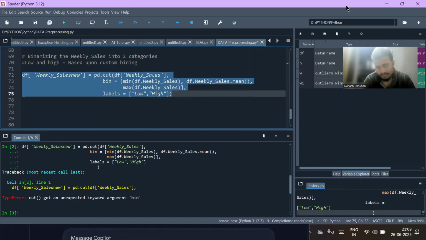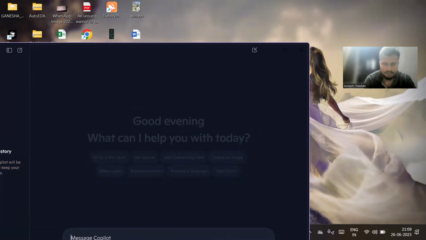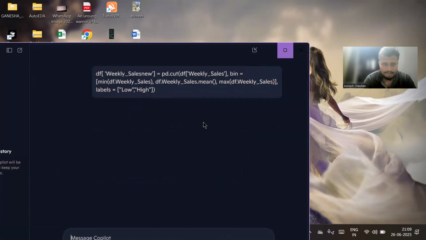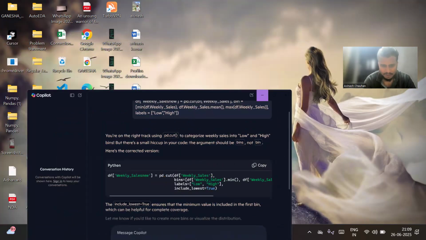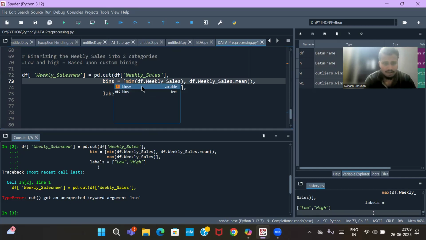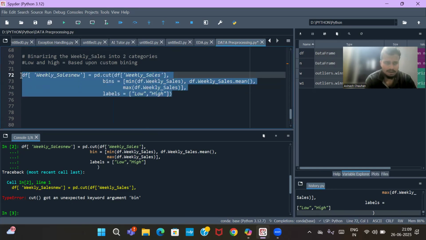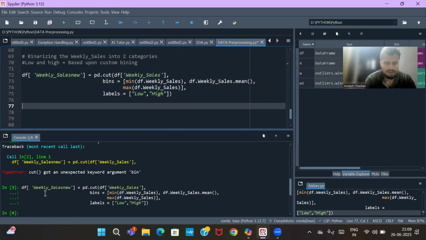Let me check it. It might be some keyword being mismatched from here. Okay, so I will use my Copilot. I will paste it. Let's see what it says: it's set up to label low and high, but there is a small hiccup in your code. The argument should be bins. Okay, yeah, that's what I told you. It might be some syntax error, right? So again, it will be bins. It is bins. And if we run this particular line of code,